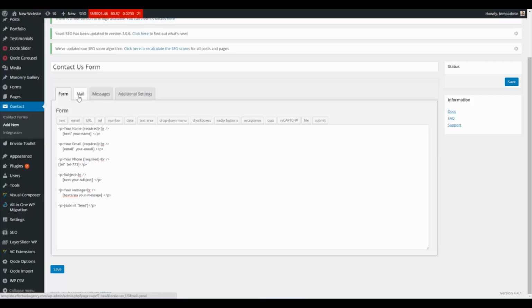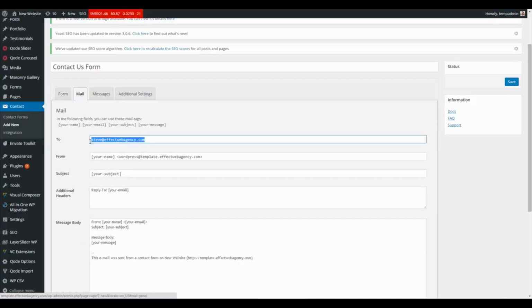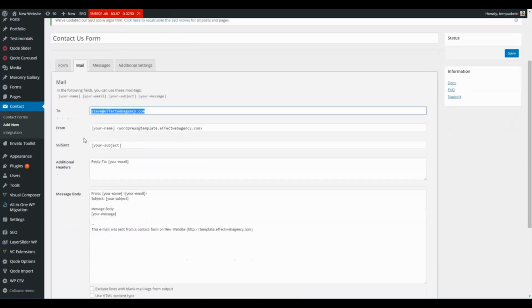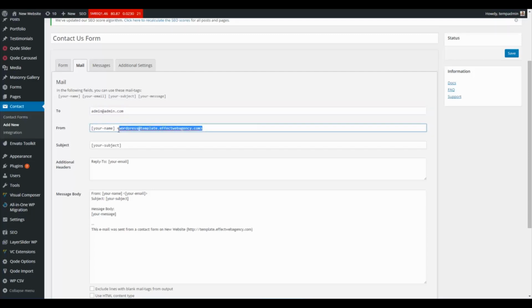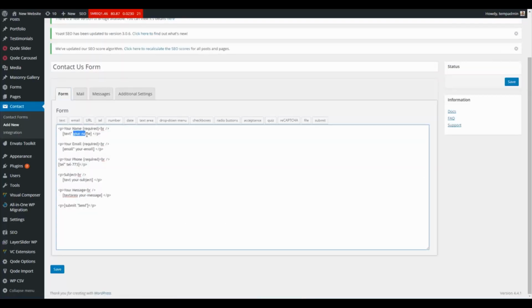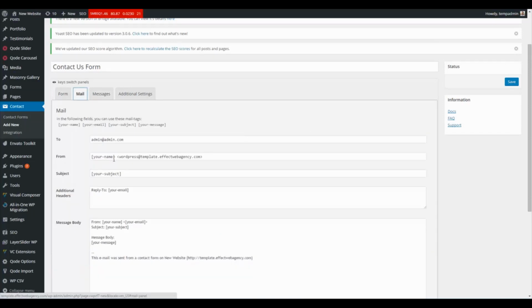So let's go to this mail tag, and this is where you would put in your email. So let's say you want it to go to your admin email. So we put that in. So there's the email that you want this message sent to, and this is where it'll say who it's from. You could put anything you want there. You could put what this says, from your name, and if you go back to here it says your name. So it'll say the name the person fills in the field,